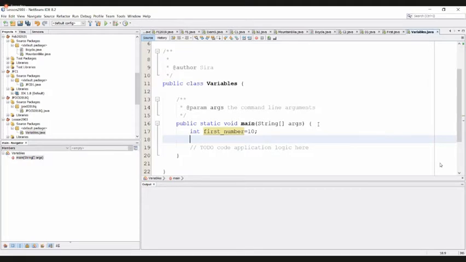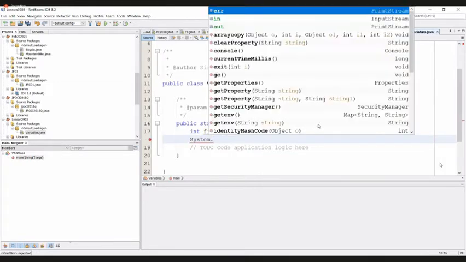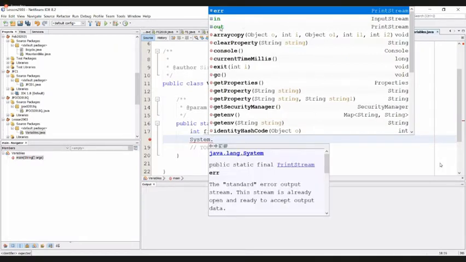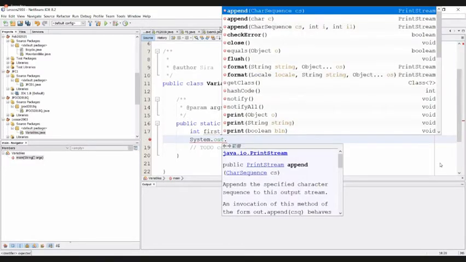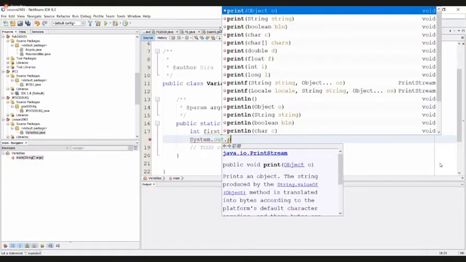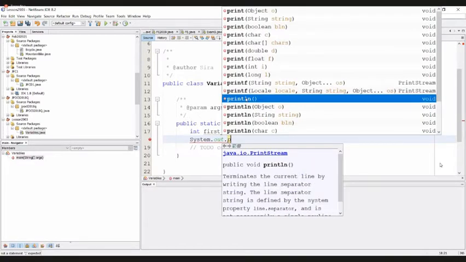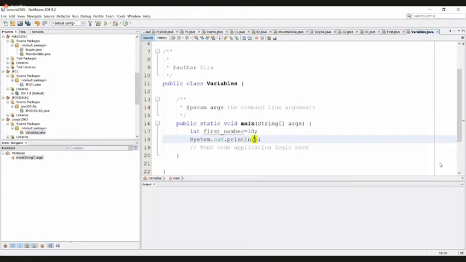After that, I want to display the stored value in the output window. For that purpose, I will be using System.out.println and use the variable name first underscore number.